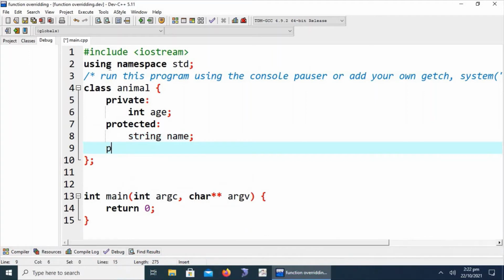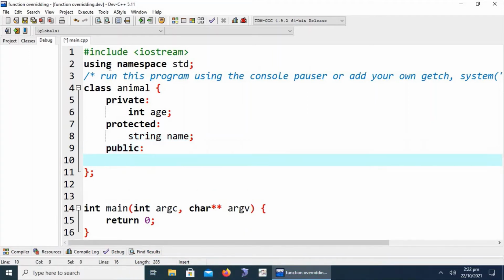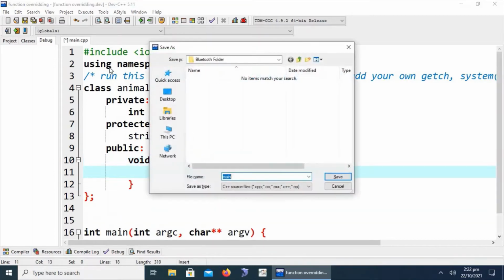Finally, we define its public members, which are the methods. Normally in the public section we define the methods or functions of the class. We are defining some simple methods here, like can eat, as we discussed in the previous lecture session.